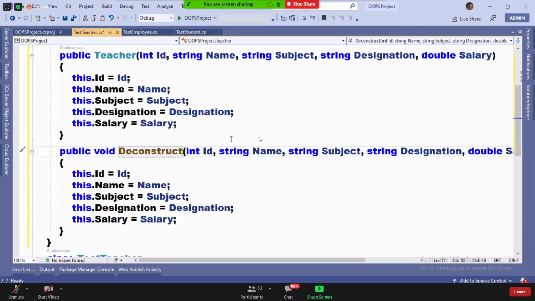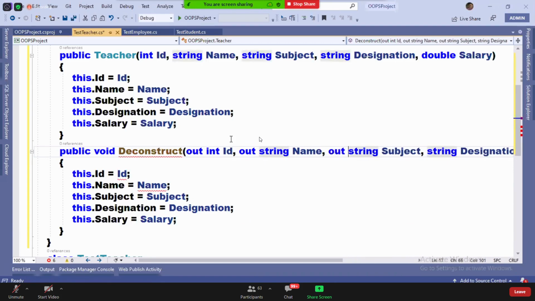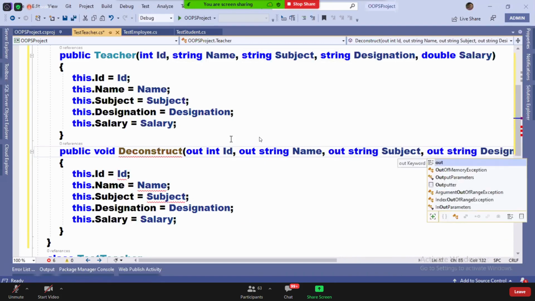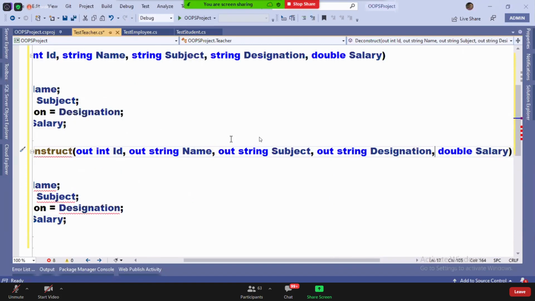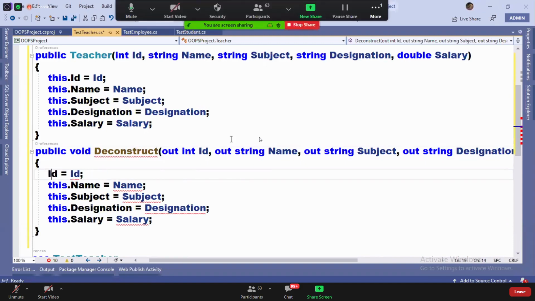Every parameter of the method will be an output parameter, not an input parameter. Guys, observe it. All are output parameters.